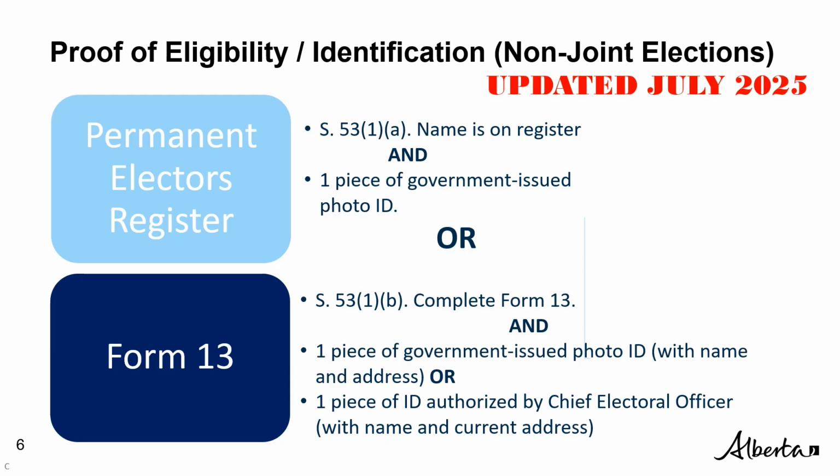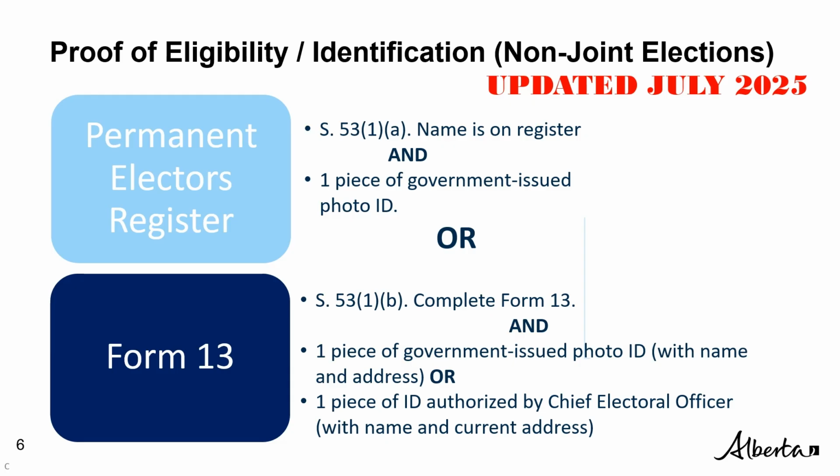Vouching is still permitted per Section 53 sub 4 and 53 sub 7. However, vouching is only permitted for establishing an elector's address, not their identity. To vouch for someone, the person vouching, or the voucher, will need to have proven their eligibility per Section 53 sub 3 and make a statement in the prescribed form that the elector knows the person being vouched for, knows the person lives at the address indicated on the person's statement, and the person vouching has not been vouched for him or herself.